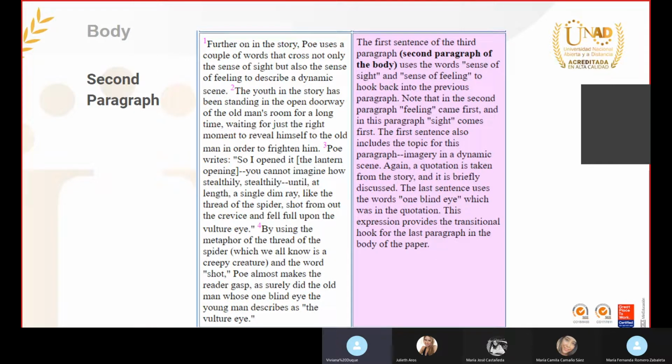The joke in the story has been standing in the open doorway of the old man's room for a long time, waiting for just the right moment to reveal himself to the old man in order to frighten him. Poe writes,